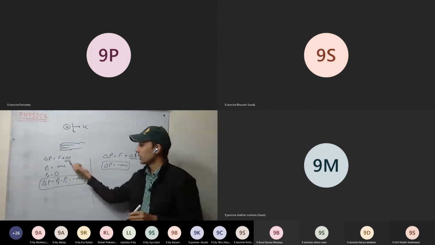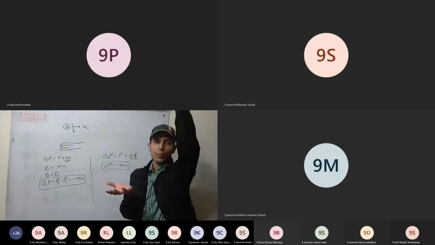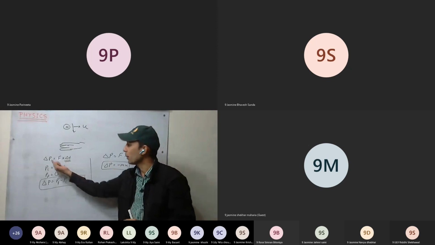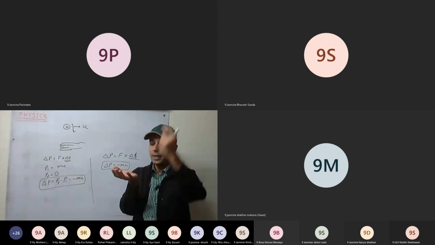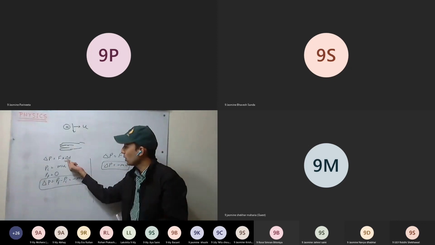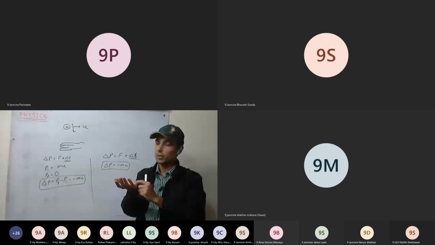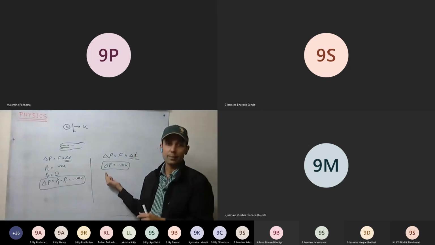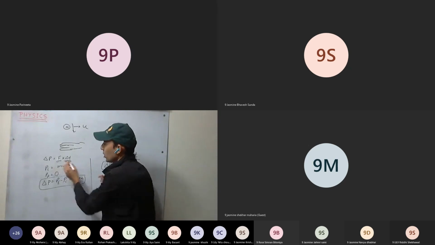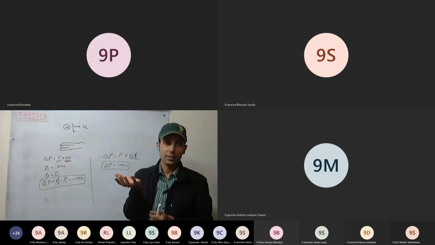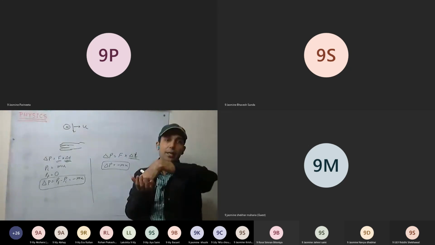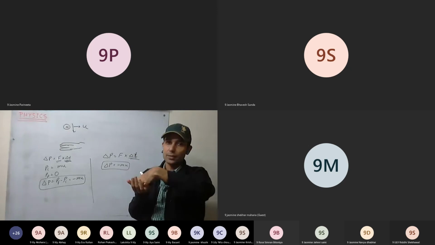Now see here, for example, a ball is coming to the hand and I catch it immediately. That means in how much time has the change in momentum taken place? Very small time duration. As it hits the hand, it immediately comes to rest. Momentum in both the cases is the same. That means in the first case, time duration is very, very small, so the force required is very large. Or we can say the force with which the ball hits the hand will be very large. The impact will be very large.